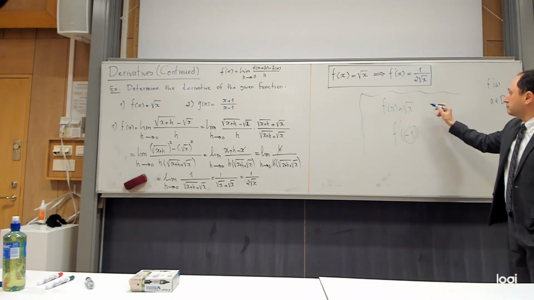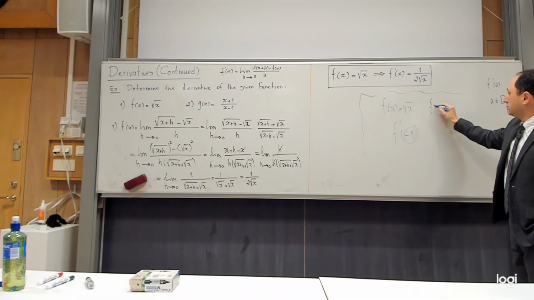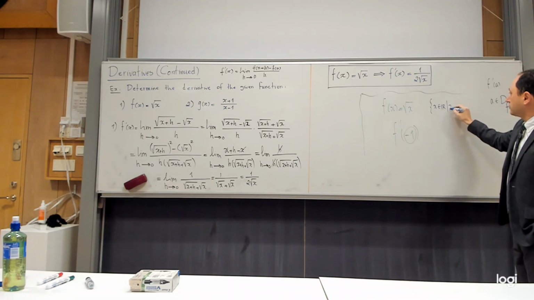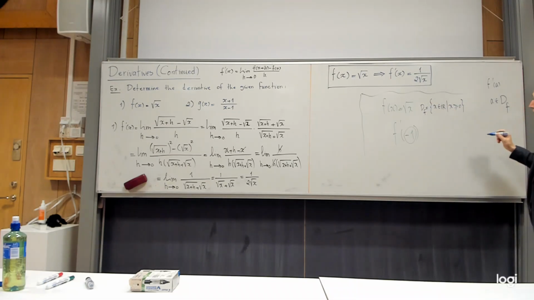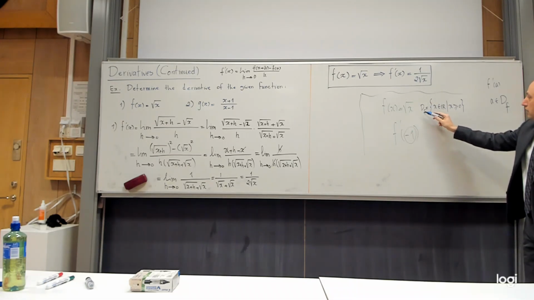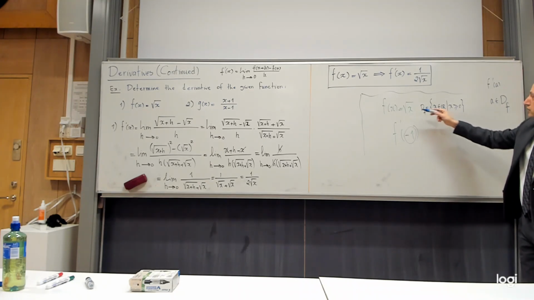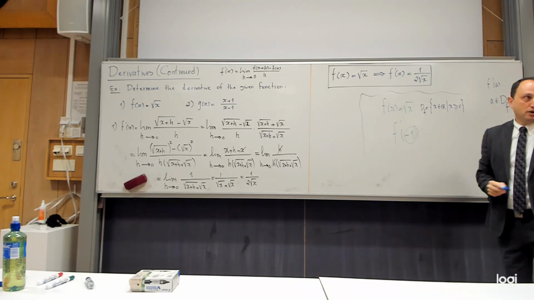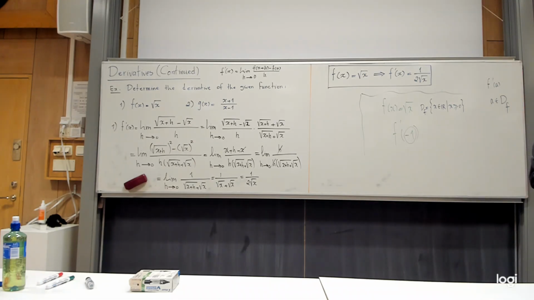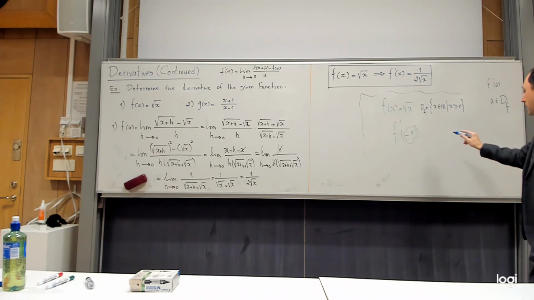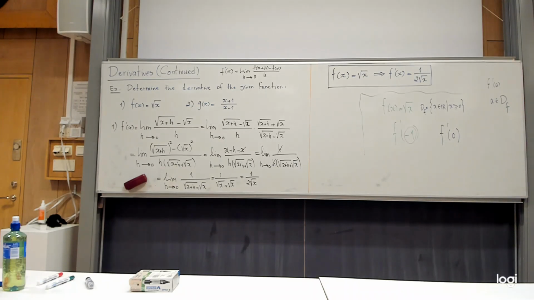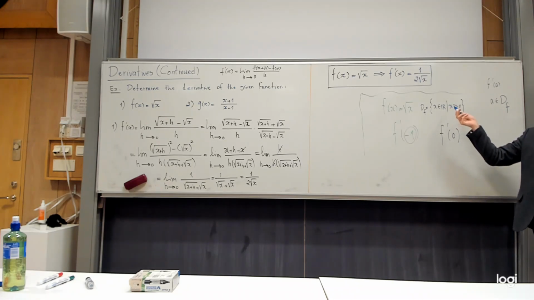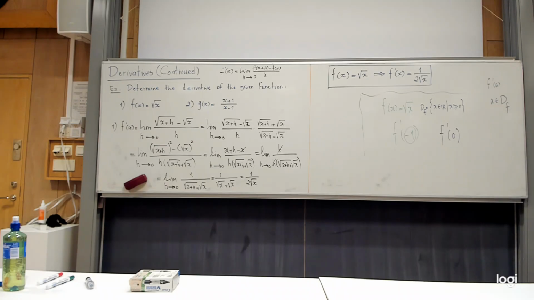The domain of this function is the set of all non-negative real numbers. This is the domain of this function. But this number does not belong to the domain. If it doesn't belong to the domain, I am not allowed to even ask about this. Yes or no? Be careful about that. But am I allowed to ask this? I am allowed to ask this because 0 is in the domain. But what the answer is,